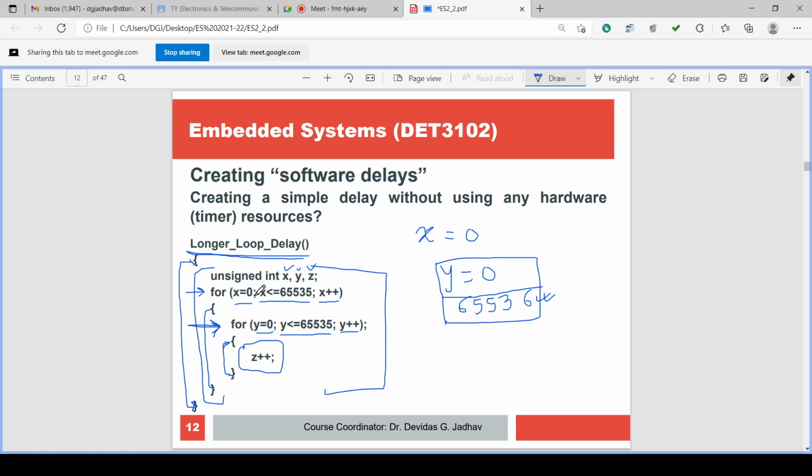So the embedded two for loops are executing 65536 into 65536 times. Calculate how much time it executes.